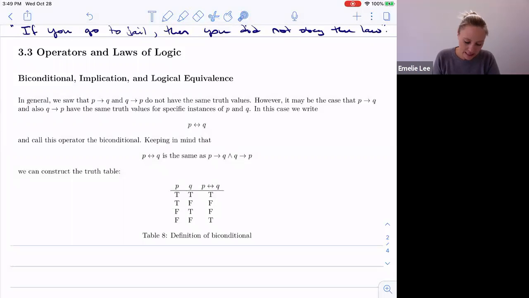So, in general, we've seen that if P then Q and if Q then P do not have the same truth values necessarily. They can, but in general, that's not the case, right? So it may be the case that they have the same truth values, and so for specific instances of P and Q, if they have the same truth values, then you can write the biconditional,